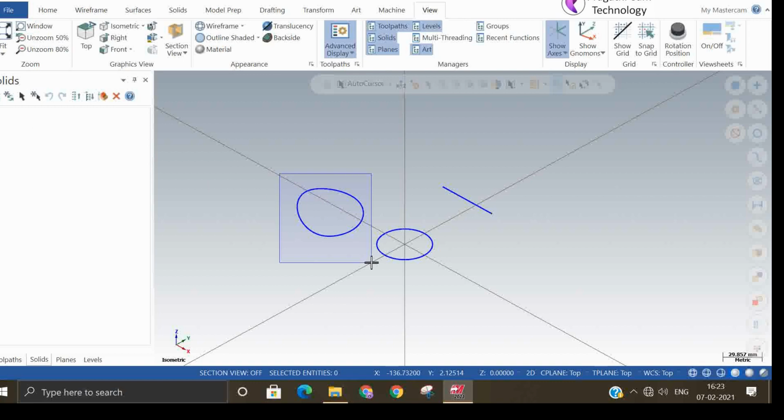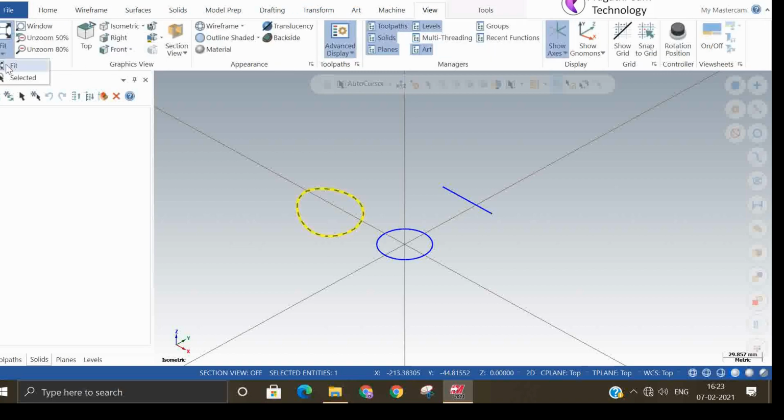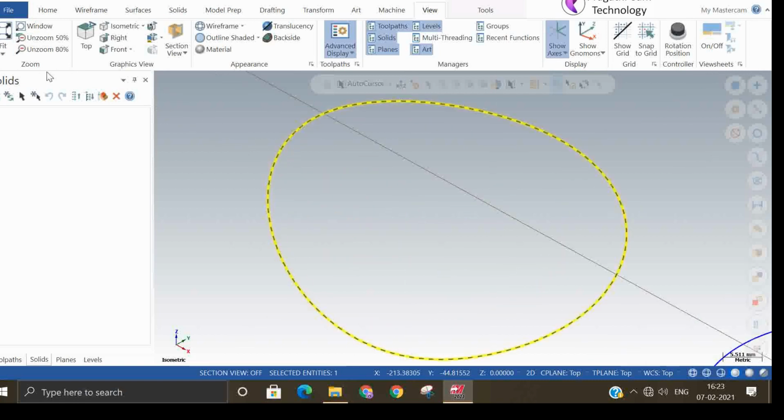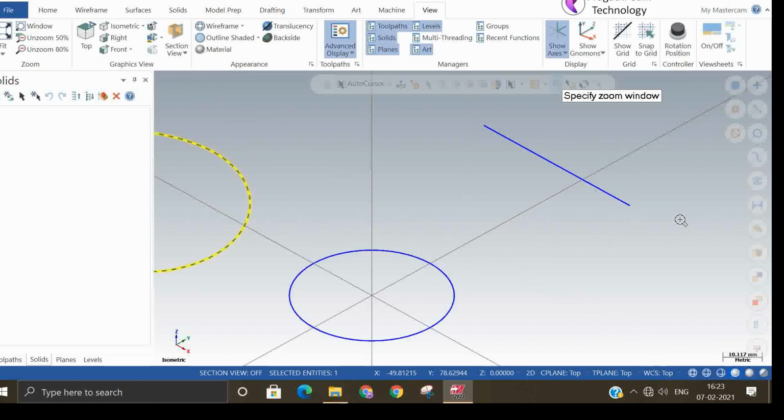Just select it, then go and zoom select. The particular entity whatever you selected will be zoomed. You can also select by window and zoom. That is also possible.